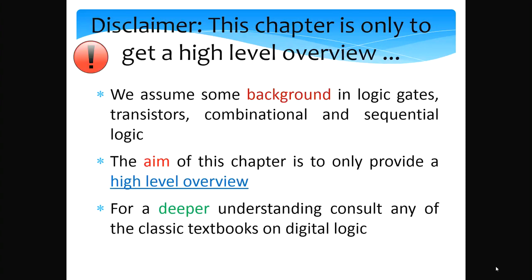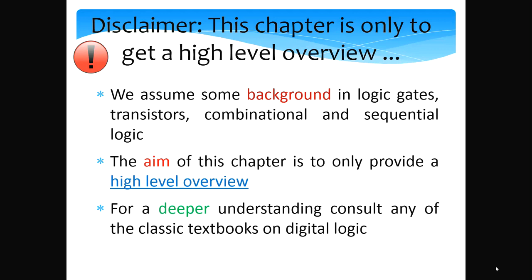Alright, let me start with a disclaimer that in this chapter we are providing a very high level overview. Pretty much the entire digital logic course is being covered in this one single chapter, so it might be difficult for some readers or listeners to follow exactly all that is being said.